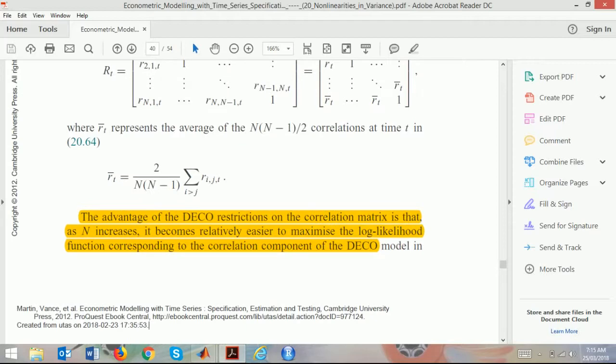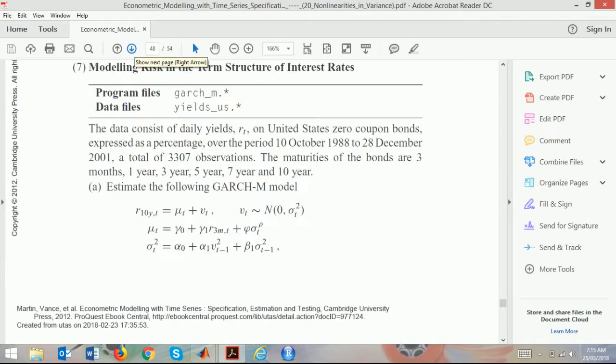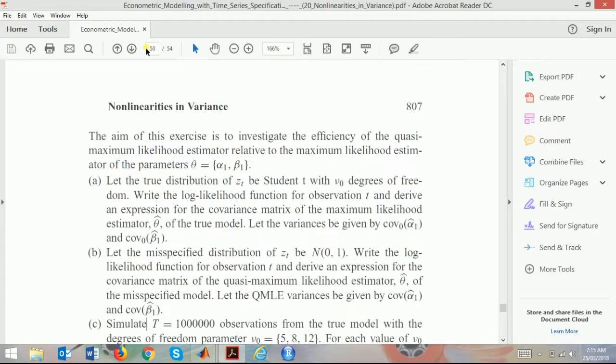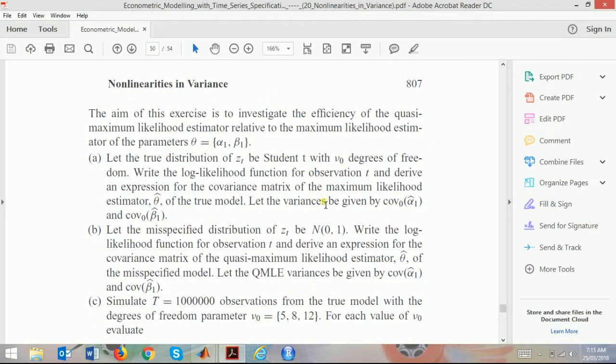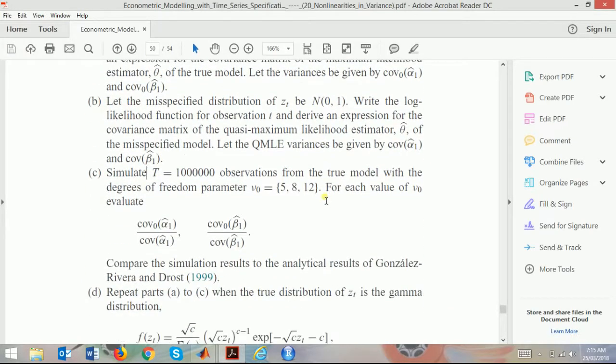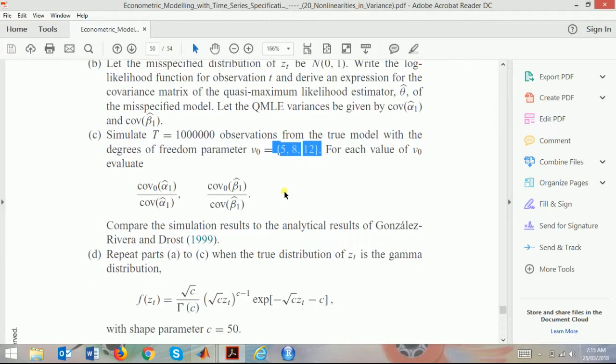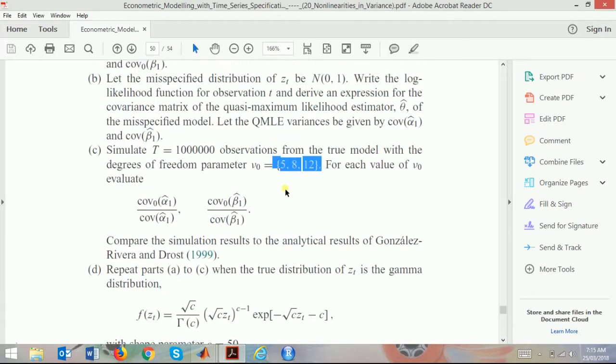I'm just looking for anything that might get me hooked. This C 5, 8 and 12 is given to me, and yeah,